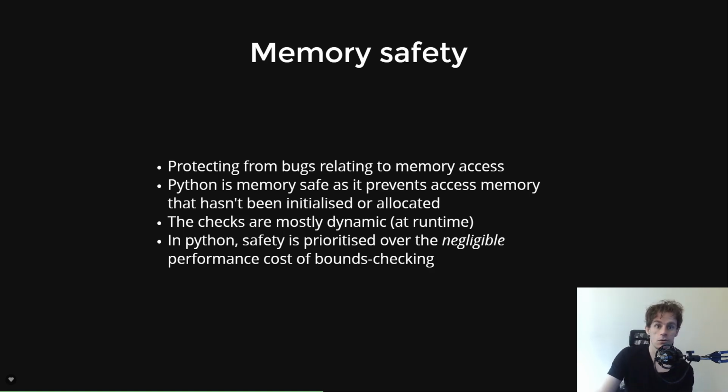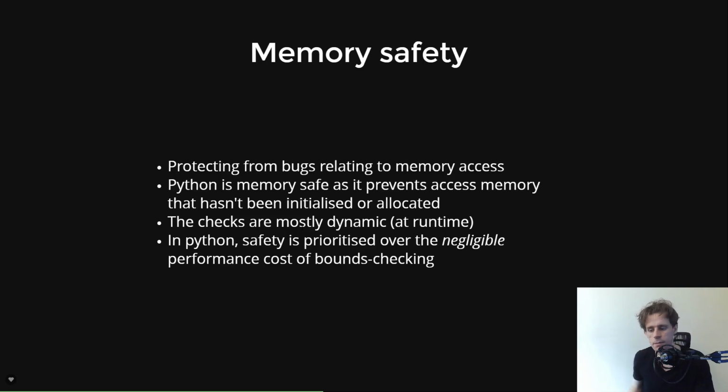Most of the checks Python does are at runtime. So for instance, how do you think Python frees things? Well, Python just figures it out. That's why Python's slower, right? Because in C, you malloc some memory and then you go and free it when you're done with it. And in Python, you just make a new object and Python will malloc that for you quietly, but then it'll wait till it sees that you're not using it and then it'll free it, right? So doing all this kind of checking for you is what makes it slower. So in terms of memory safety, Python's very, very good. There is a cost to this memory safety, of course, but we consider that a negligible cost compared to the massive benefit of Python checking more stuff for us.